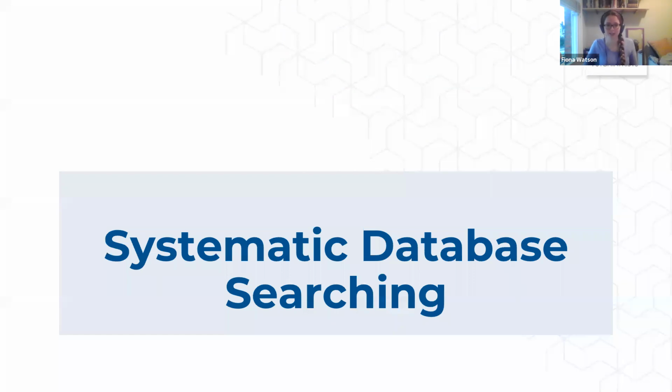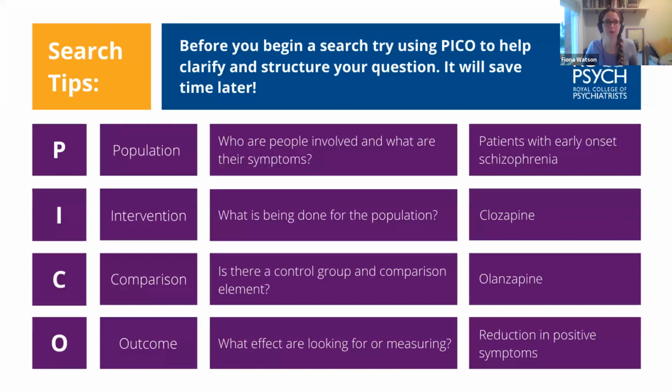Okay, systematic database searching. This is the sort of meaty part of the presentation. So before we hop off into a NHS or RCPsych database for a demo, let's just talk about some theory. Before you start searching a database, which most of them can be used in a sort of Google style way, you can just put in your search terms as free text and they'll give you an answer. But if you're trying for that kind of efficient searching where you know you haven't missed anything and you're not getting back lots of irrelevant results, then it's worth thinking in detail about your question before you start.